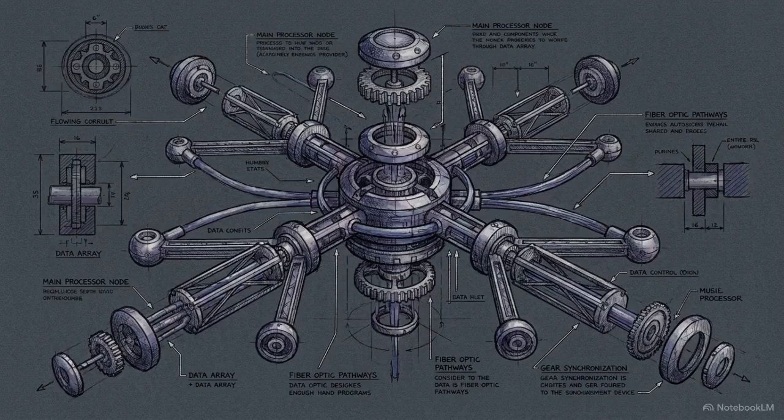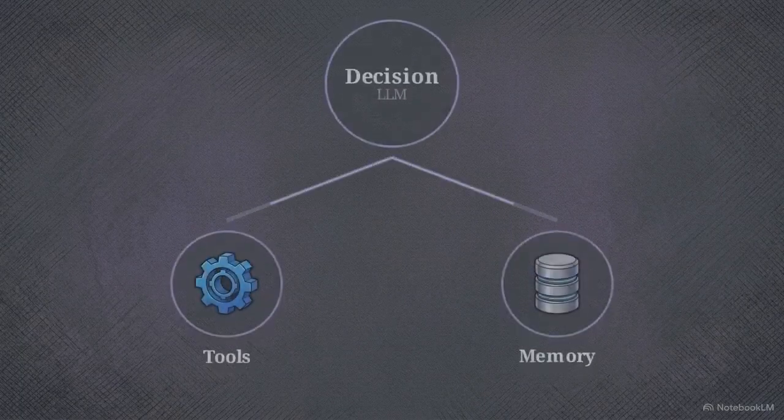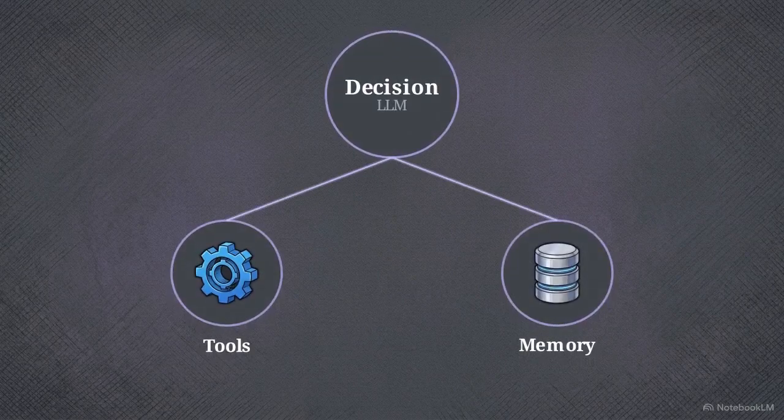Building an agent is more like conducting an orchestra. It requires coordinating a system where a core model delegates tasks to specific tools, databases, and specialized subagents. This begins with the architecture, mapping exactly how data flows from a central decision maker out to peripheral nodes. Without clear design, these components will inevitably step on each other.